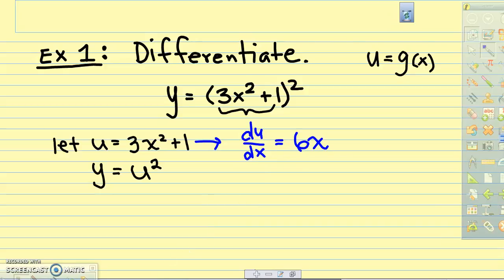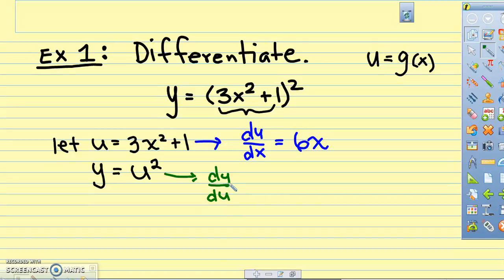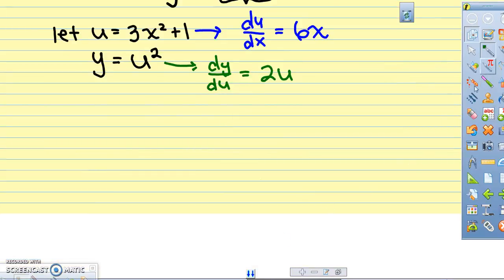And then the derivative of y with respect to u, so dy over du, equals 2u. So in other words, what we have here is